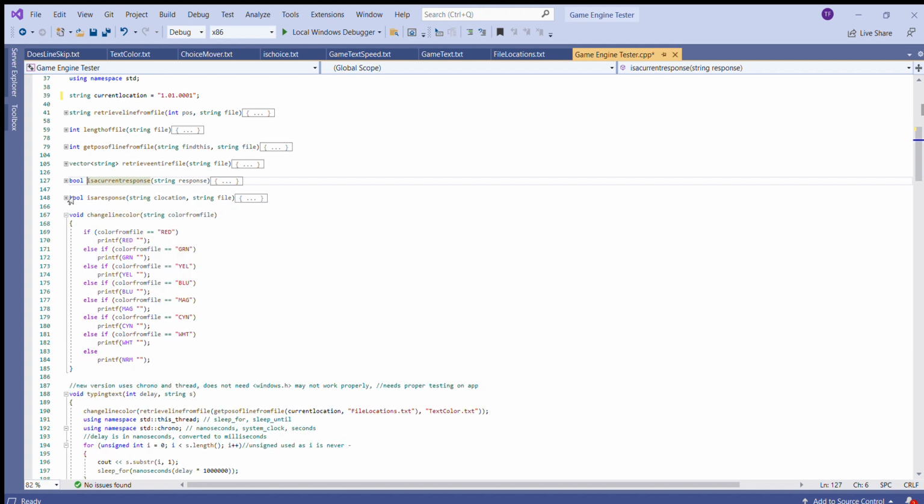And then we have our new Changeline Color, which plugs in